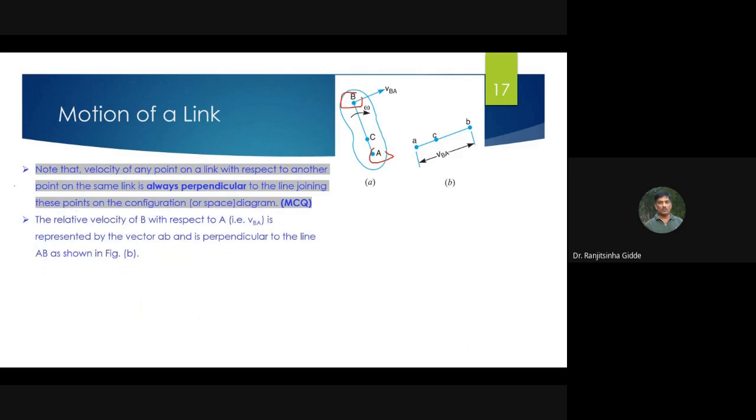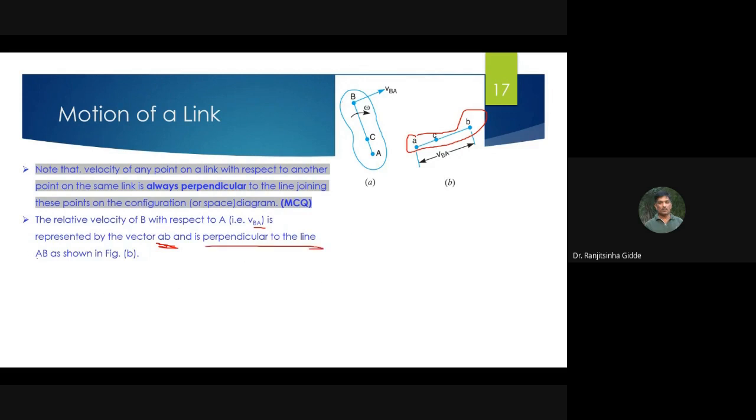Then the relative velocity of B with respect to A, which is denoted by VBA, is represented by ab, which is perpendicular to this AB,